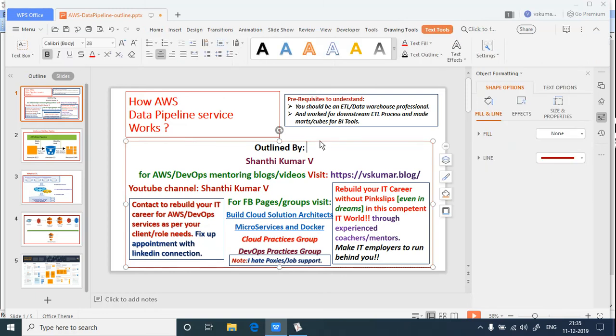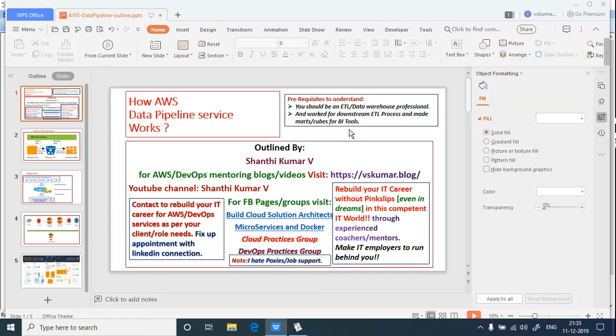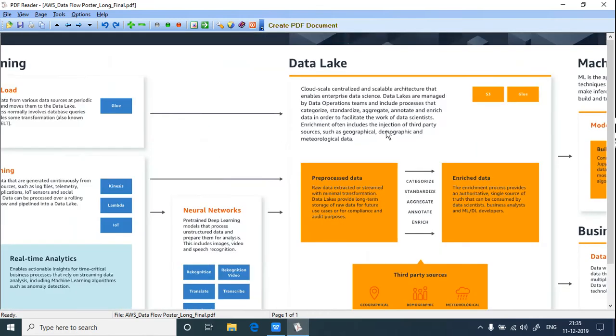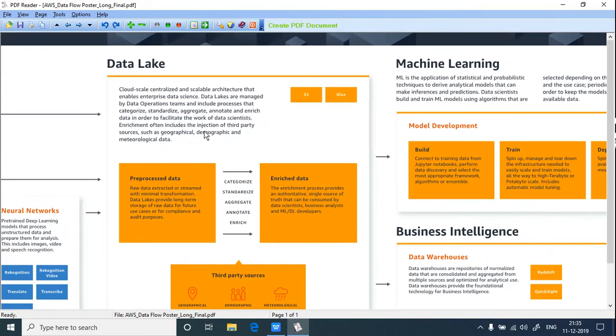Another thing is, to understand data pipeline, one should have this kind of knowledge. Should be an ETL data warehouse professional and work for downstream ETL process and made marts and cubes for BI tools. Such kind of background people only can understand this process. If you see the entire flow up to the data lake, it is all related to data extraction, loading, transformation.